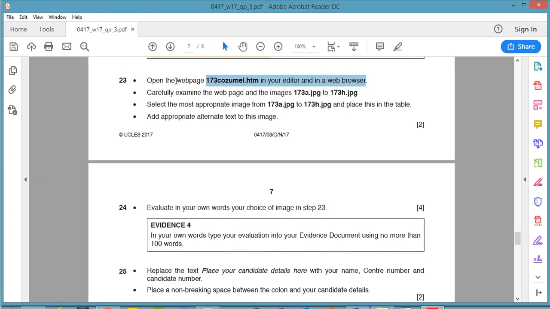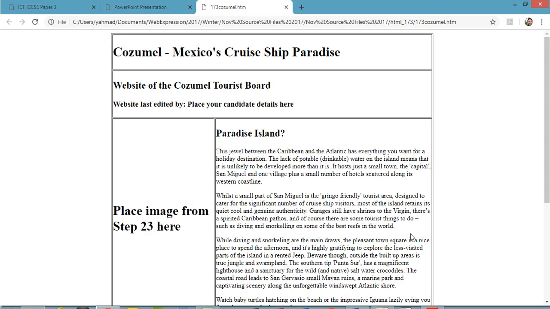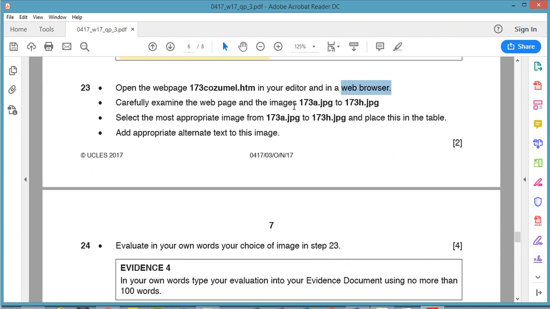Okay, and it also says open a page in your web browser. So Microsoft Expression Web 4 is the editor software, and we need to also see this page in the browser. So if we go to File, Preview in Browser, so let's go to Chrome, we can see the page in the browser. Okay, so now what we need to do is carefully examine the web page and the images